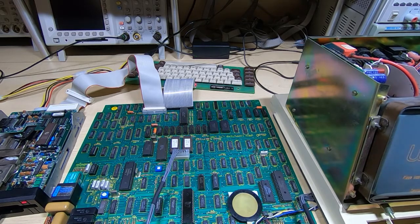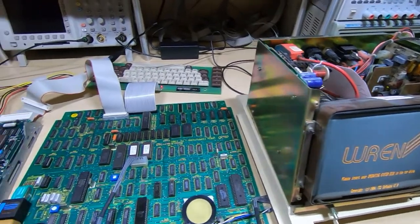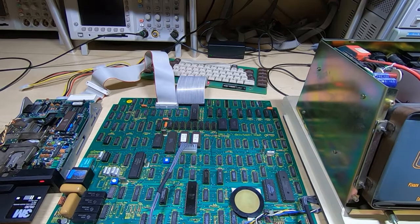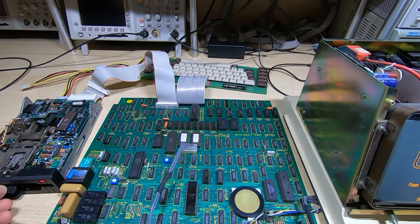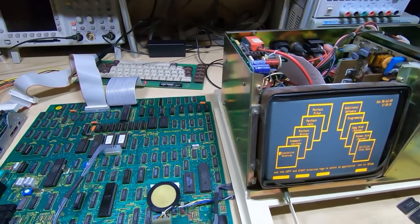So we have the welcome screen on the display. Just move the camera across a bit so you can see that. And I'll put the floppy disk into the drive and see if it will boot to the operating system. So as I said, this is the floppy drive that I repaired in the previous video. So I'll move the camera back across, you can see it's starting to do something, and sure enough we have